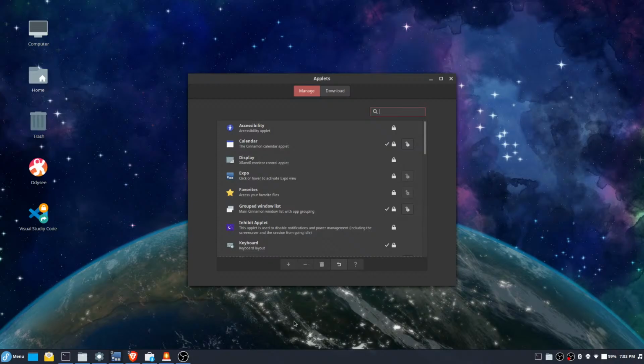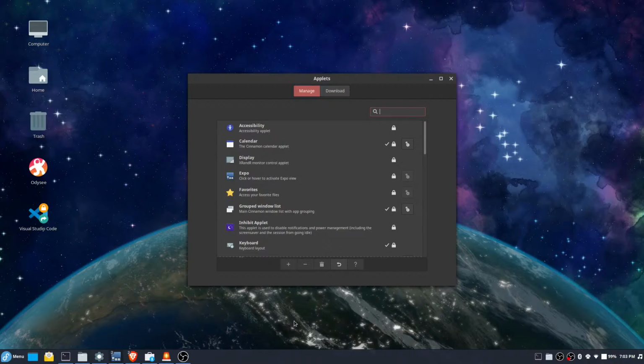Okay, so if you couldn't find the applets you wanted to put on your taskbar, you go to download, and let's just say I want to get weather. So let's get weather, and it's installing. See how this is going.